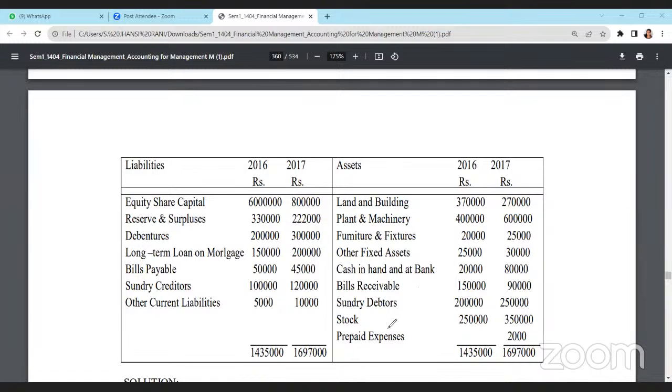So here in this question, current assets are prepaid expenses, stock, sundry debtors, bills receivable, cash in hand, and cash at bank. So first we'll write Roman numeral 1, current assets. We will write all these things and total up. Next we write fixed assets, Roman numeral 2, these all are fixed assets. Now total assets is completed. Next we move to the